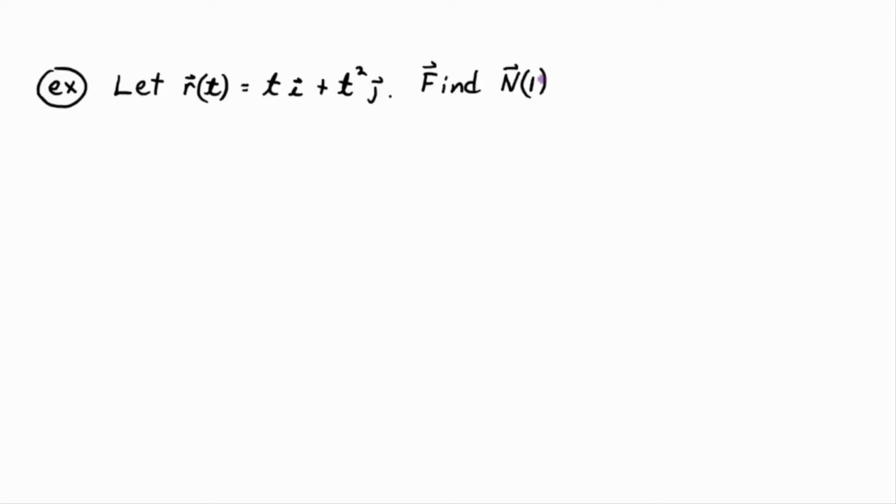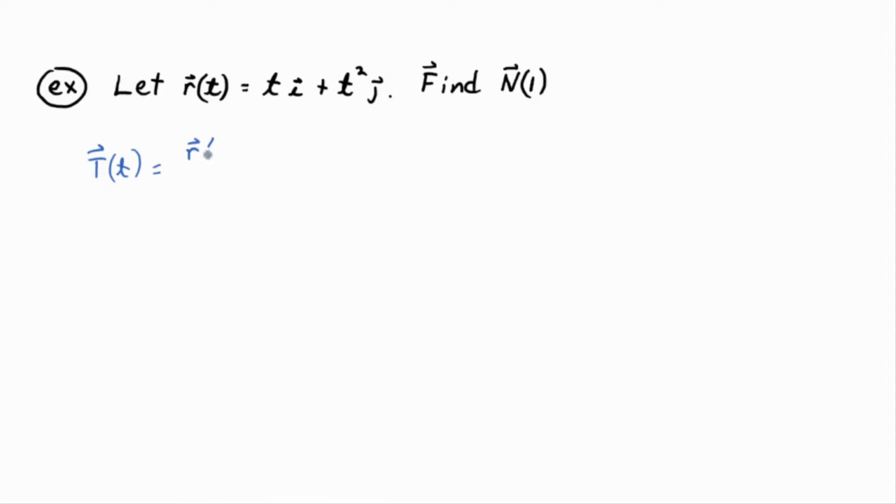Okay, anytime you want to find the unit normal vector, there's something you have to find first. You've got to find T, right? So let's go about finding T, and then let's see if there's a shortcut to get to N once we find T. So let the formulas be your guide. You know that T of t,